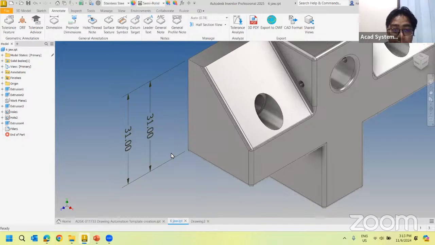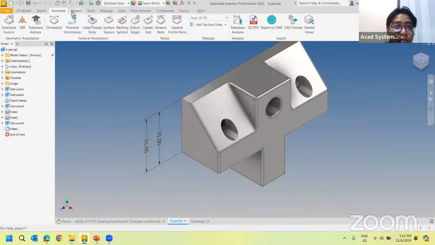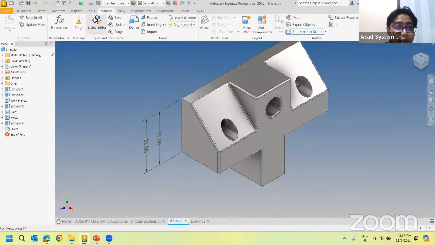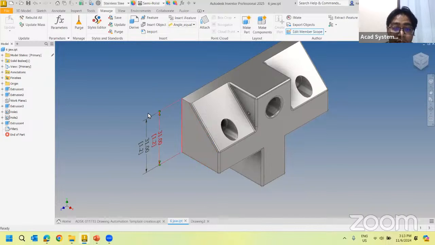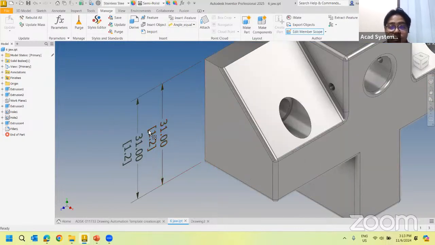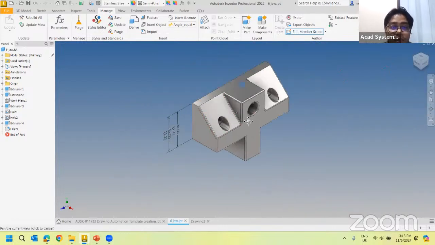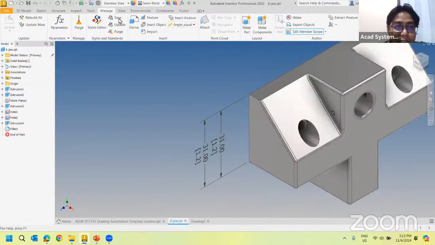Then if I go back here, all I need to do is click the update part, and then this one will update everything. Now it will update your text and also your annotation part. So I may have selected a different one, but if you select the correct one, it should allow it to update that. Right. So that is the